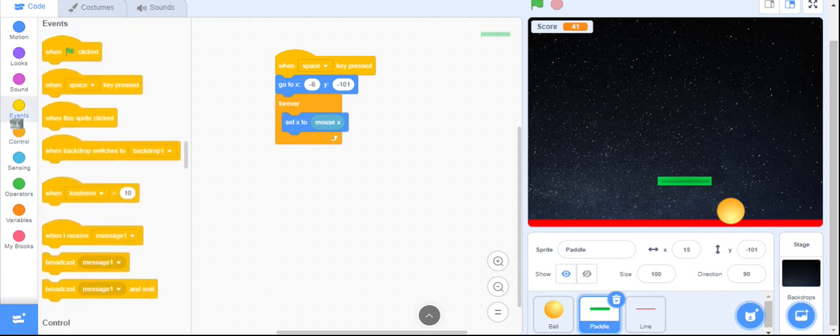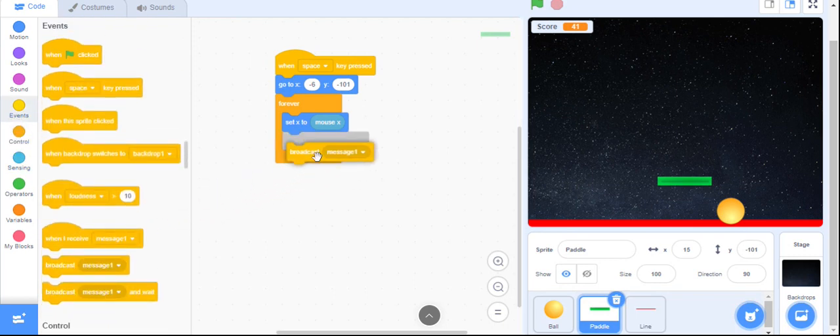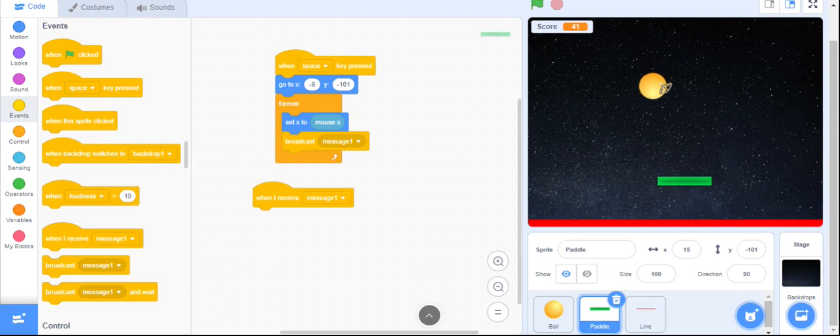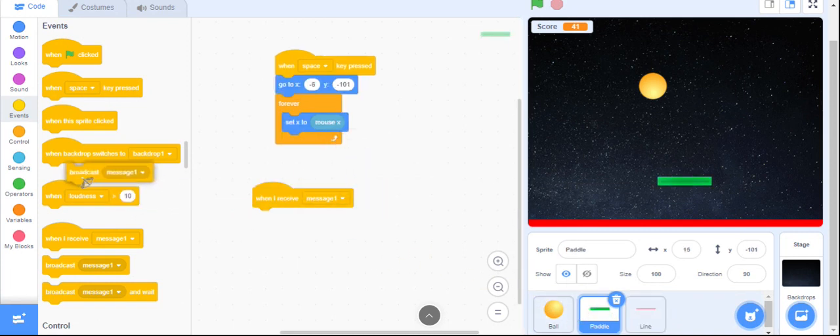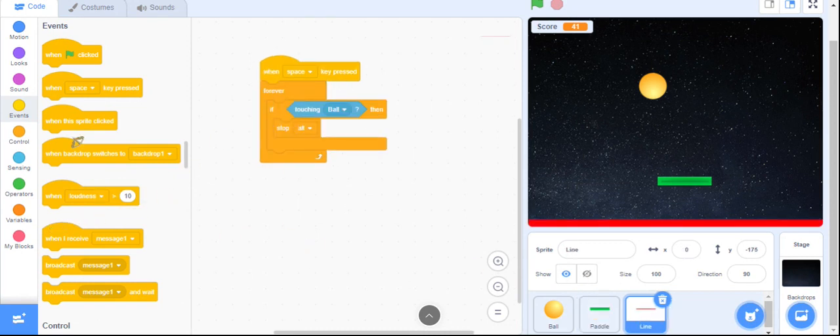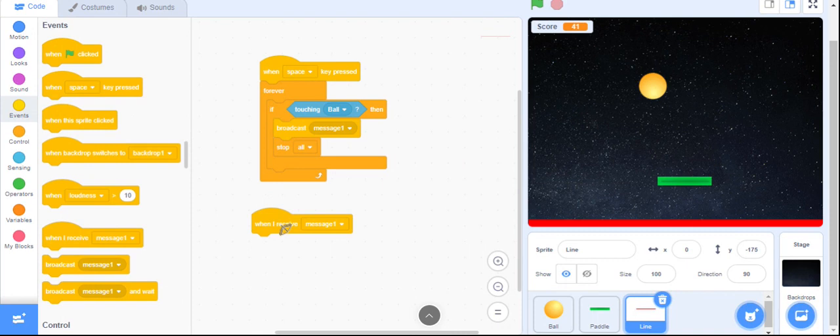So let's just do a broadcast one. So he'll broadcast that, and then when it broadcasts, when I receive message one... No wait, what? No, not here for the line. Delete that into non-existence. Yeah, sure. Now if touching ball, broadcast message one. Okay, yeah, I'll just put it on top. So broadcast message one, and when I receive message one,